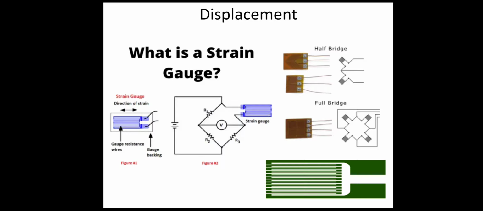The resistance change of the strain gauge wire can be calculated using the expression for the resistance of a conductor wire of uniform cross section, that is R = ρL/A. Using this resistance expression, we can calculate the resistance of the wire. So this is the strain gauge, and you can see here in the figure the bridge connection for that, and you can use these for the half bridge and full bridge.